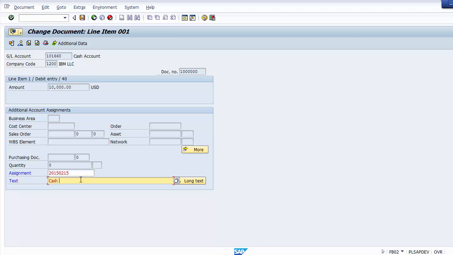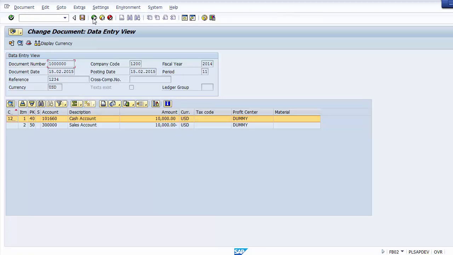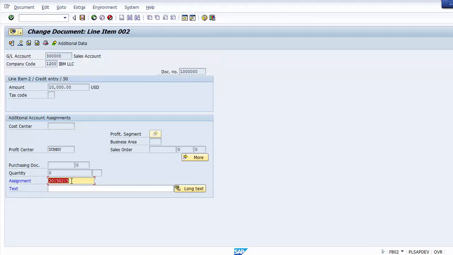So over here you can also put cash sales, or any other information for that matter, which you want to save for future references within the document. So this is what you can do, and then you can go back. Similarly, you can go back to the second line item also and write in the second line item as well. So in the second line item, suppose I also write cash sales,